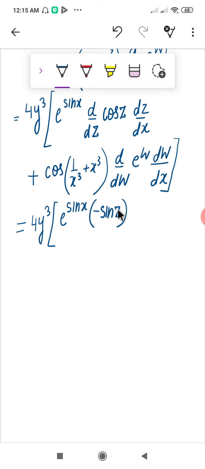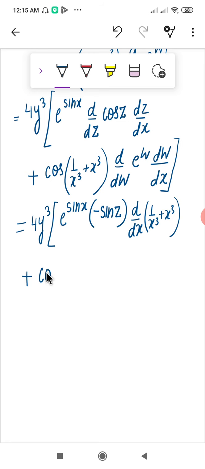Z is 1 upon x cube plus x cube. And here we have to substitute z, because we have to differentiate the z function, that is nothing else but 1 upon x cube plus x cube. Clear? Then plus